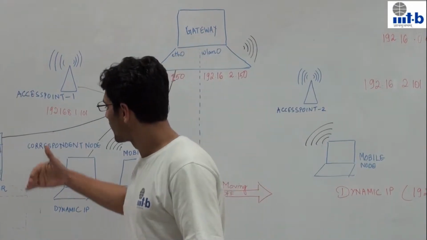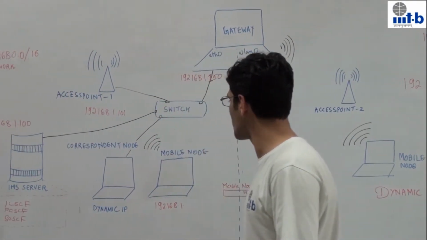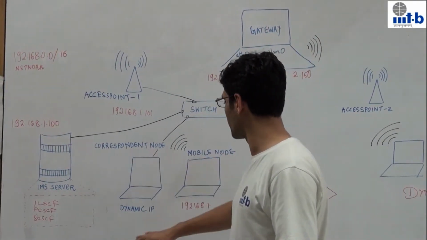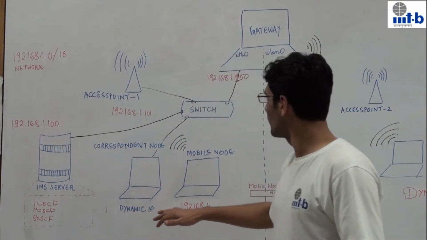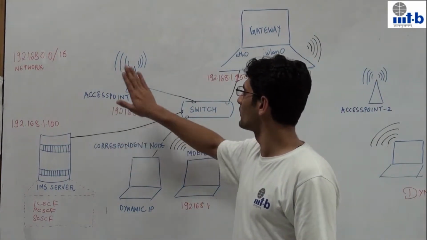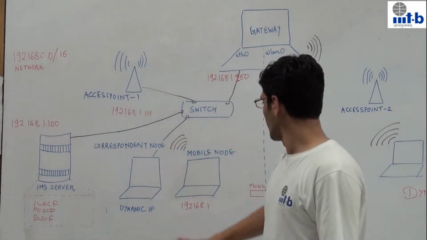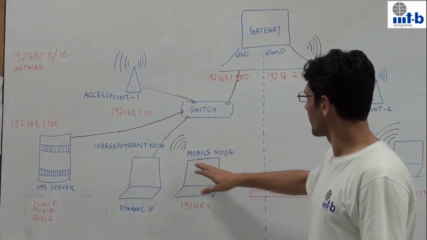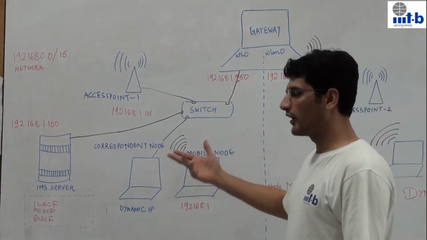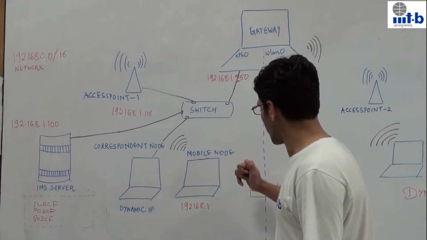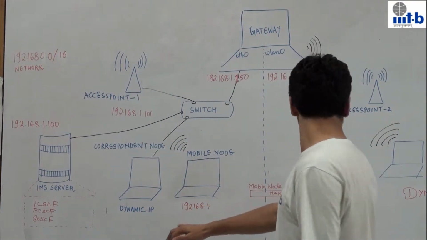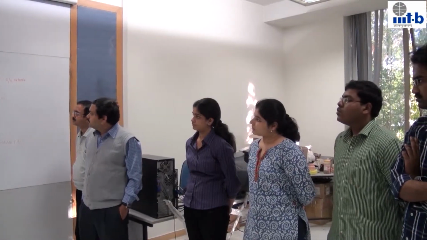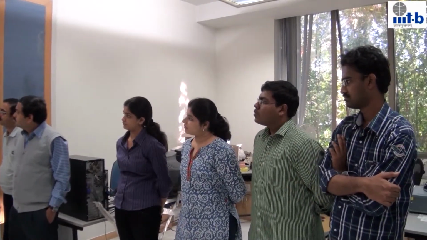open source installation. Then we are using a correspondent node that will have a dynamic IP, because we are running DHCP on this router-cum-access point. The other one is the mobile node, which is connected using wireless 802.11 technology, and we are not giving it a fixed IP. We can move this node from one network to another network.